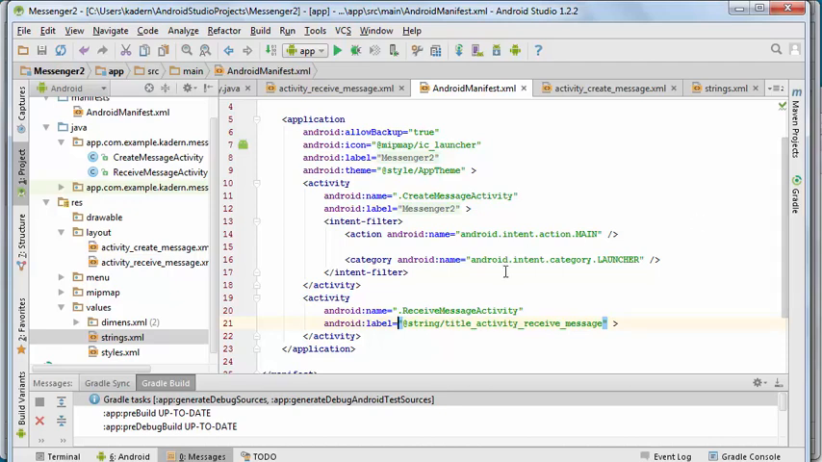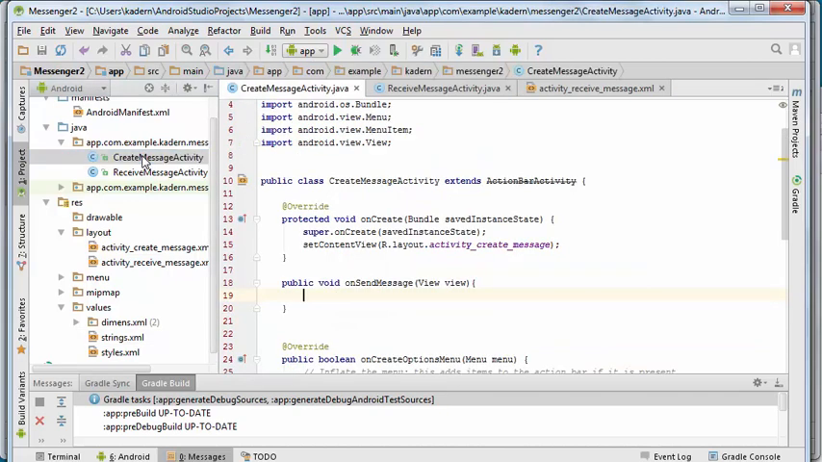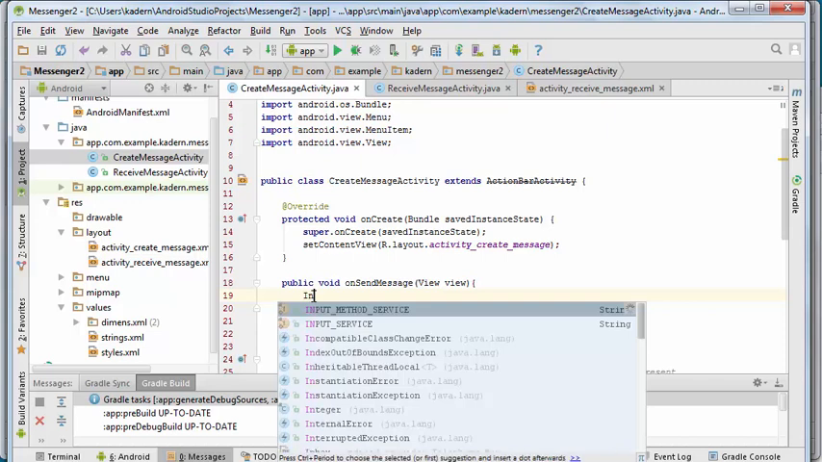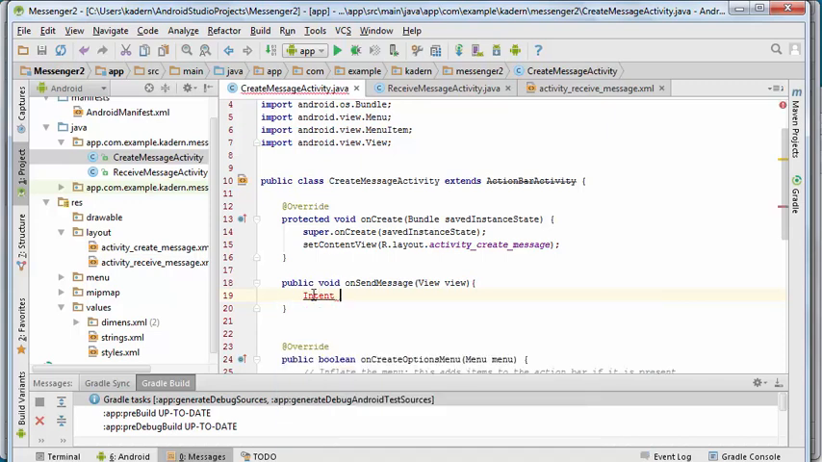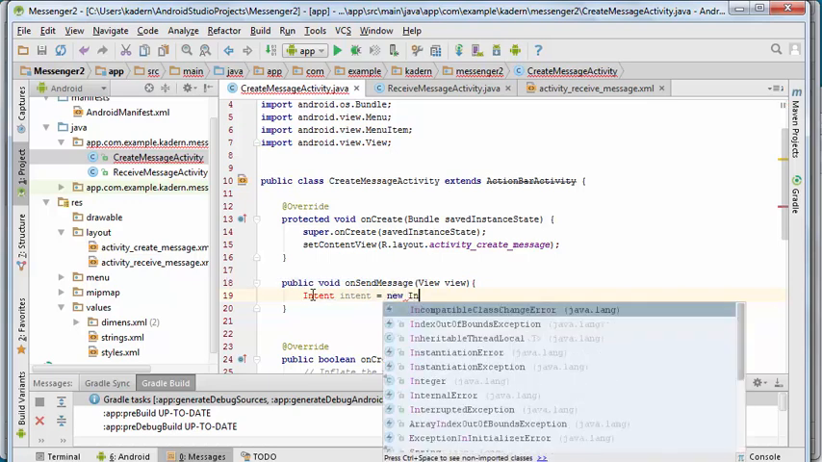All right, so we've got our other activity created, and the next thing that we need to do is to set up an intent that will launch this receive message activity. So I'm going to go back over to the create message activity file, and we're going to create a new intent here in this onSendMessage method. So before we actually launch an intent, we have to create the intent. So I'm going to create an intent here. So I'll call the constructor for the intent class, equals new Intent,